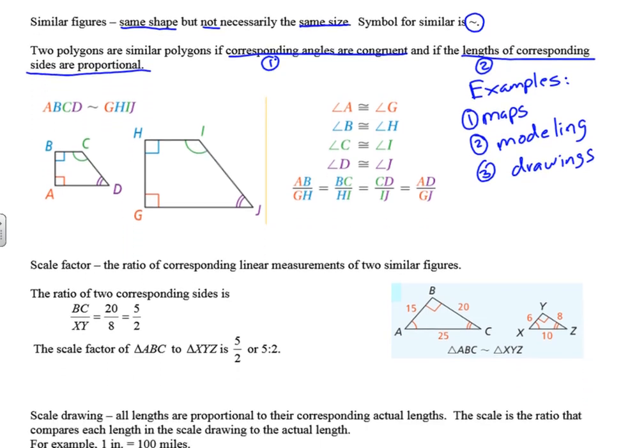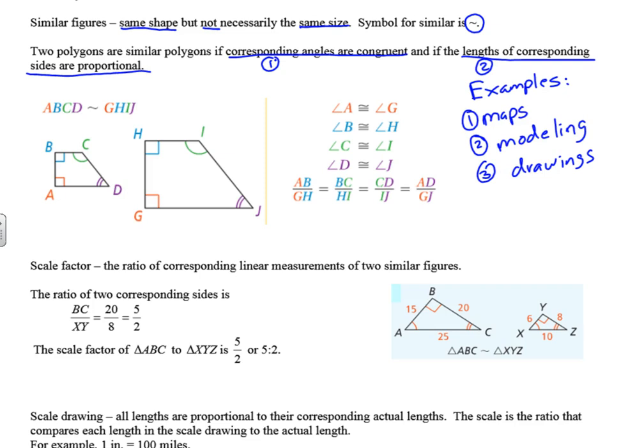So if we look at this example, we've got a quadrilateral. So ABCD is similar. Again, this little thing means similar here. So it's similar to GHIJ. And you can see here we've got the angles and then we've got the sides. Now, what I do when I'm setting up these proportions or the fractions and the ratios, I put one figure on the top. So you'll notice in this particular diagram here,